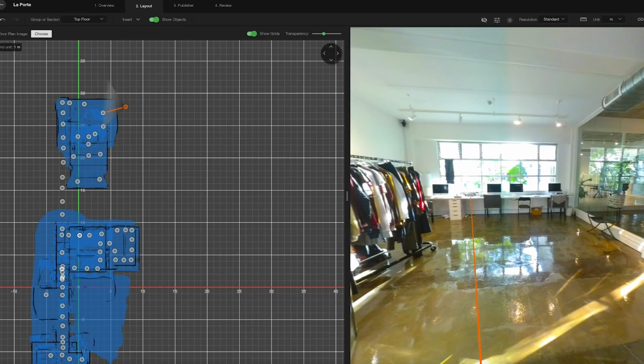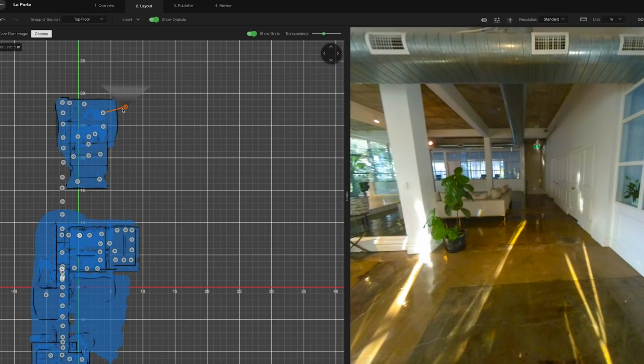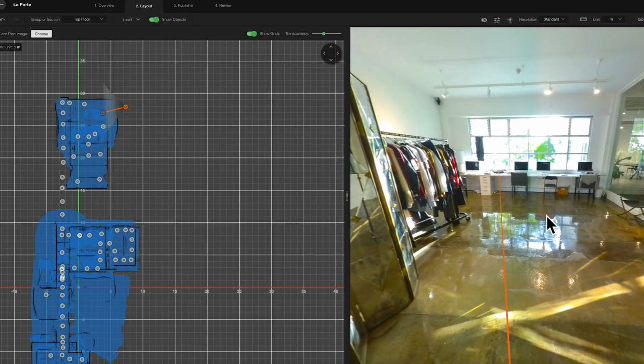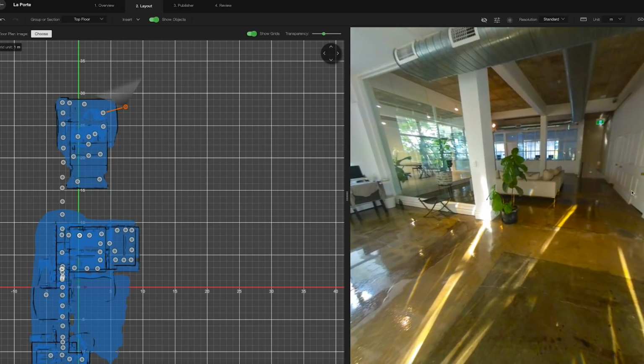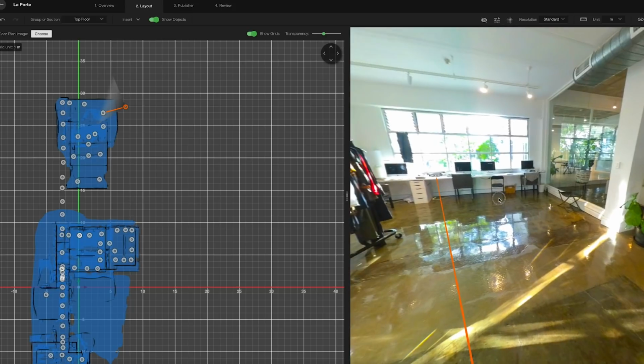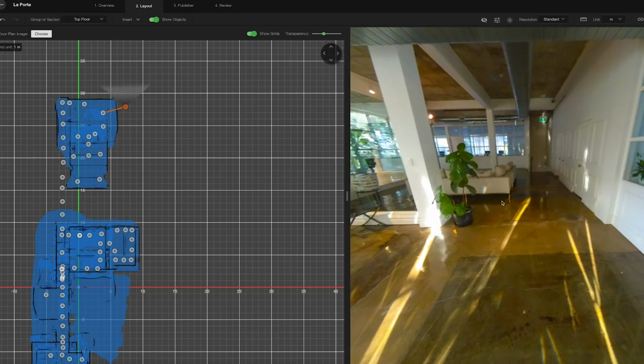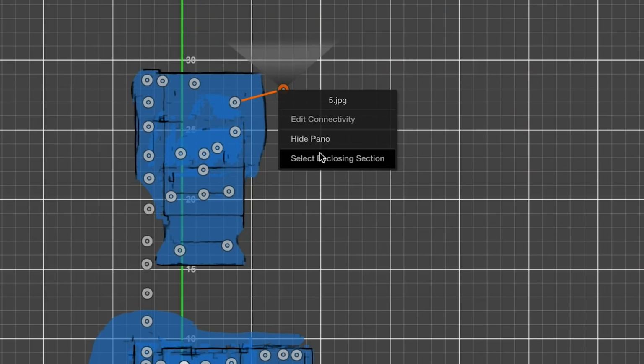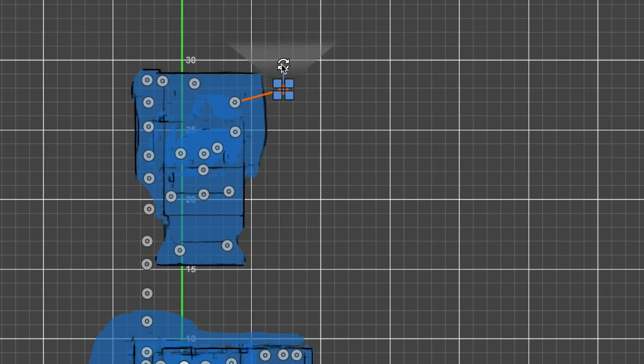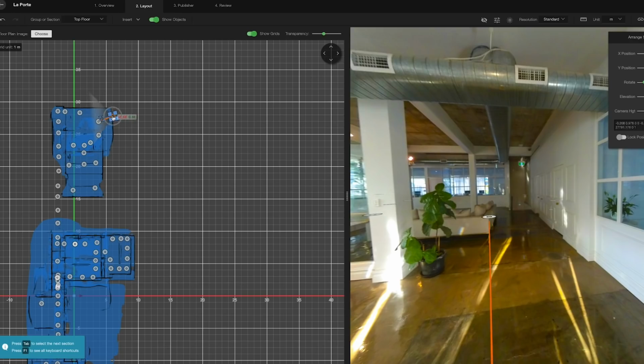One thing you want to be careful about is which direction your photo is facing. While it seems perfectly fine on the left hand side, when we look over here within the 360 photo, this marker, which is supposed to be there, is in the wrong direction. It should be there. So we need to reorient our photo 90 degrees so this marker ends up over here. And you do that by selecting enclosing section, and it's just as simple as rotating like that. So there you go, that's how you reconnect sections and individual points.